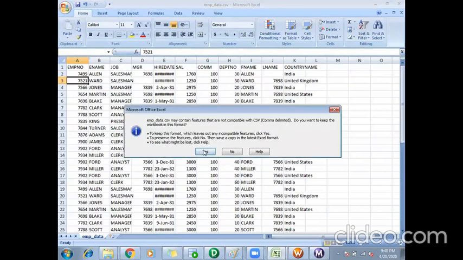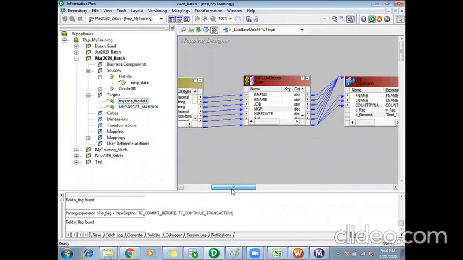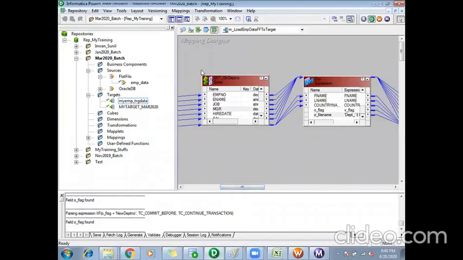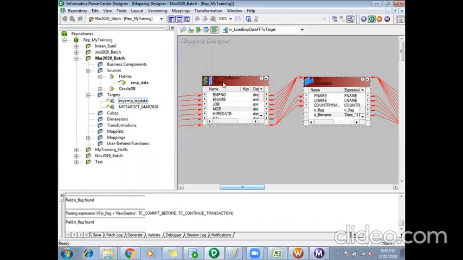So what I can do is, I don't think I need a sorter. Let me delete these things now.